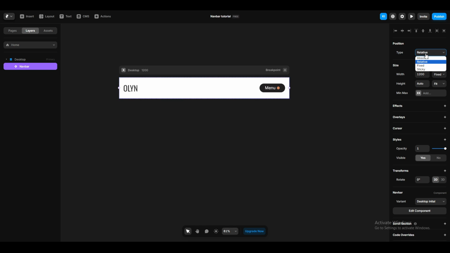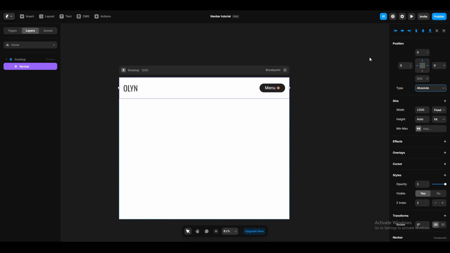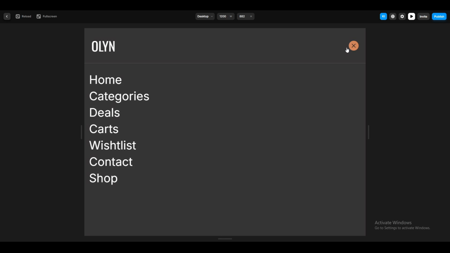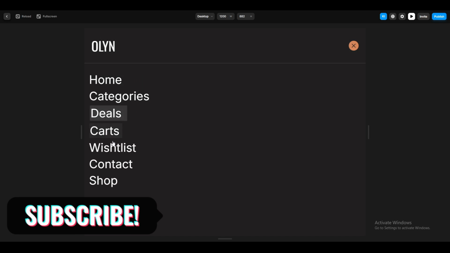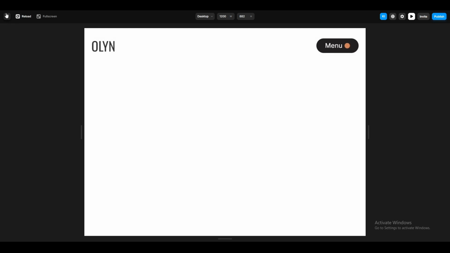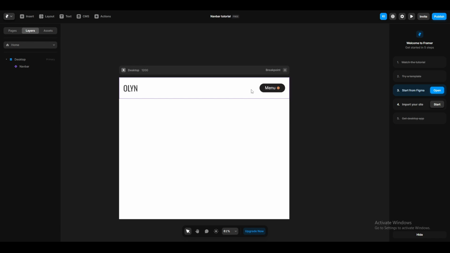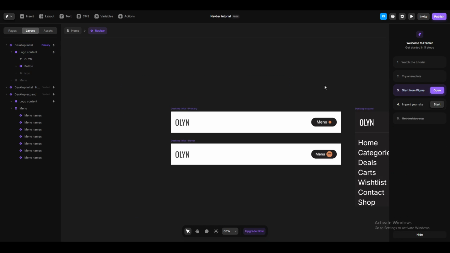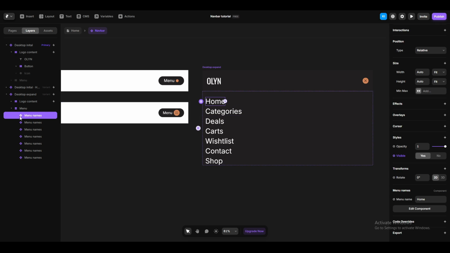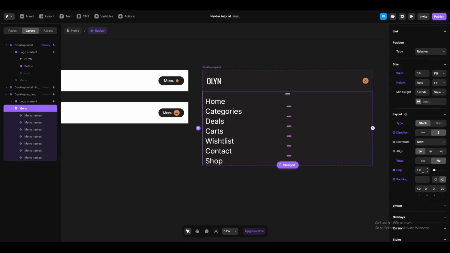And make the position absolute. Now let's see the preview. Yes, it's working perfectly. But we need to add some spacing between these menu items. Let's add overall gap 30